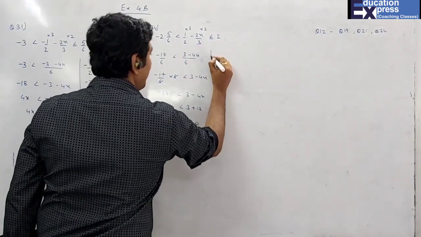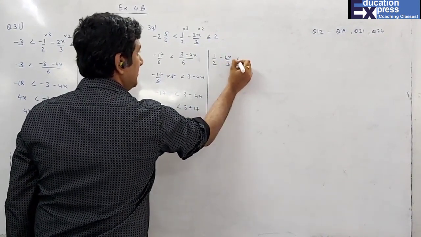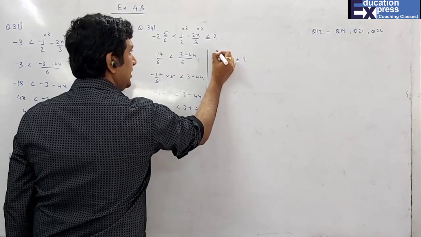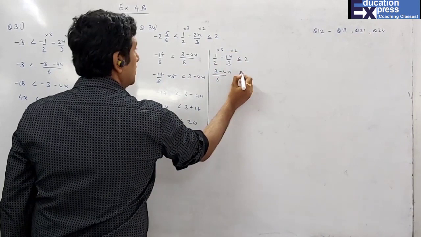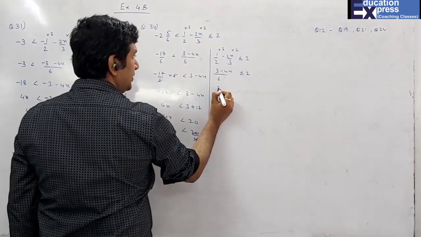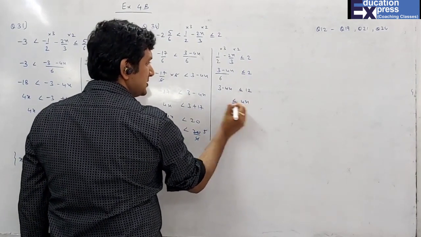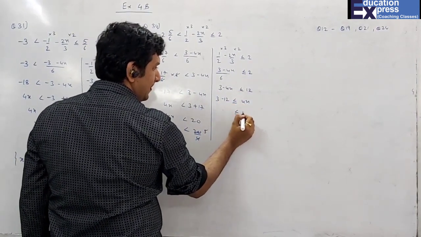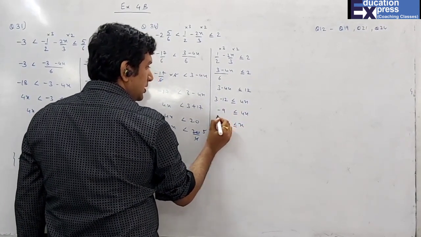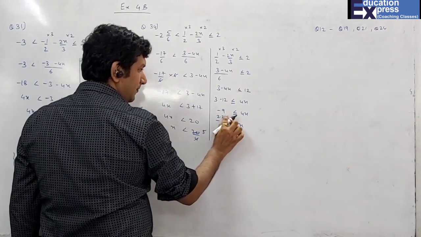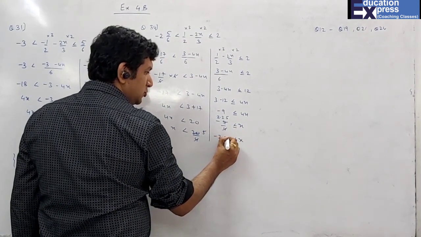Now this side, so again half, minus 2x upon 3, LCM 6 into 3 into 2, 3 minus 4x is less than or equal to 2. So 3 minus 4x is less than or equal to 12. 4x will come on this side, become plus, and this will become minus 12, minus 9 upon 4. So 2.25. X is more than or equal to minus 2.25.